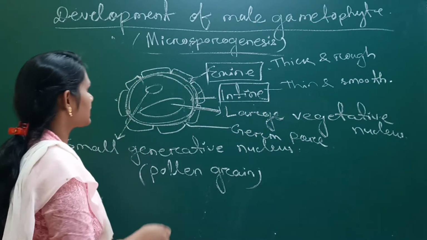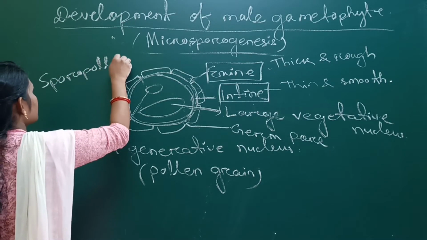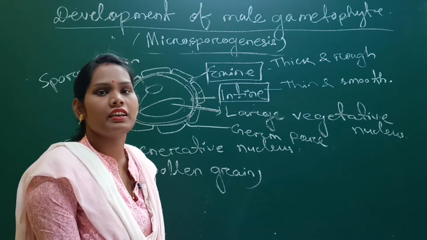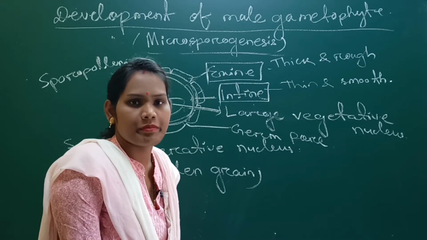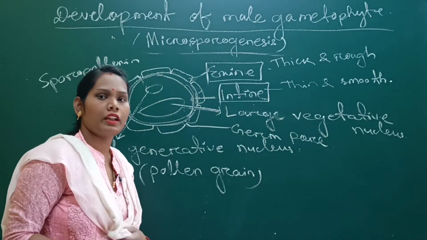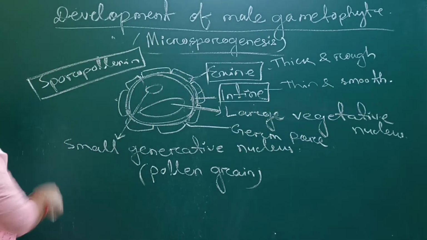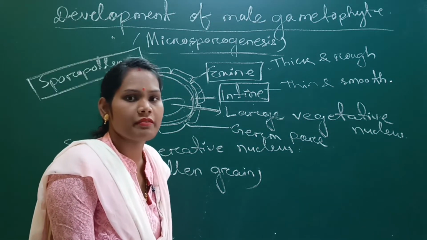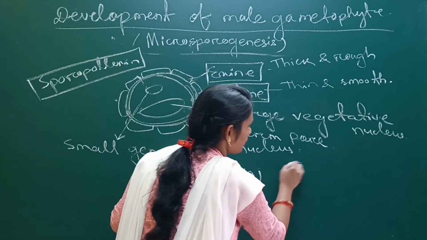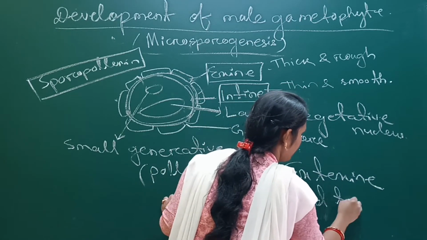The exine layer is made up of a substance called sporopollenin, which is a highly resistant fatty substance that cannot degrade at any high temperature or in any acidic or alkaline medium. So it helps to protect the pollen grain so it can be stored for a long time. That's how the pollen grain can be stored as a living fossil. The exine layer is again divided into outer sexine and inner nexine.